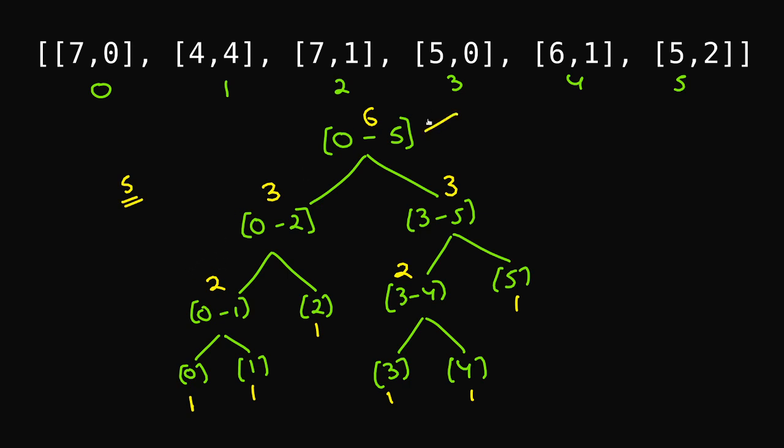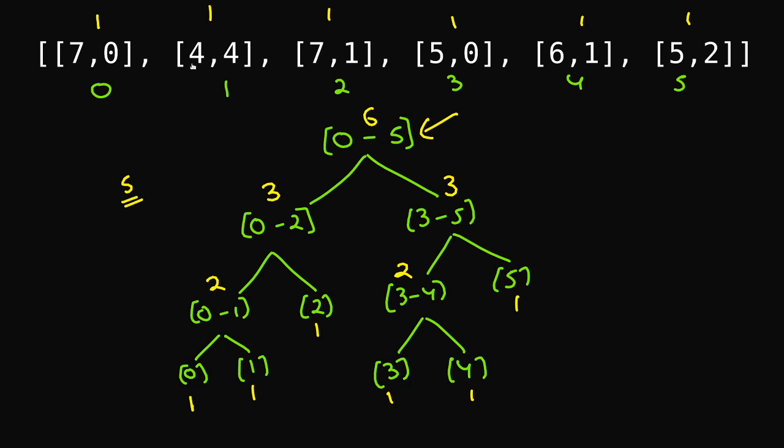Now if you have a look here at the topmost root, what's the sum? The sum is 6. That means that I'm having a total of 6 positions in the segment tree. What's the sum in the left subtree? That's 3. What's the sum in the right subtree? That's 3. So I'll just write all these 1s here as well. If I want to put this 4 comma 4, I should be putting this 4 comma 4 at the fifth position.